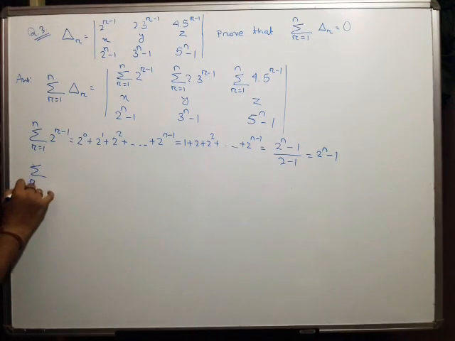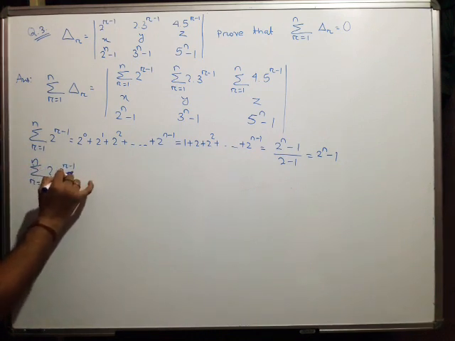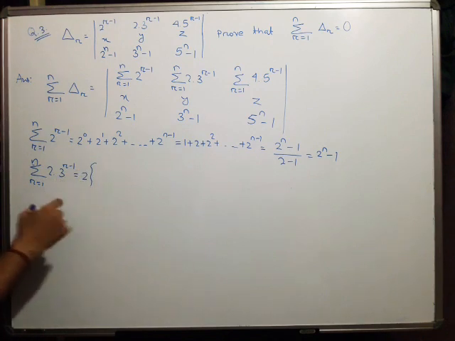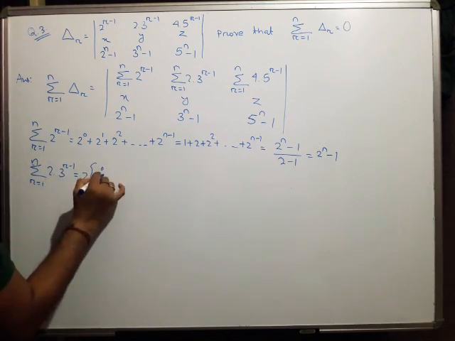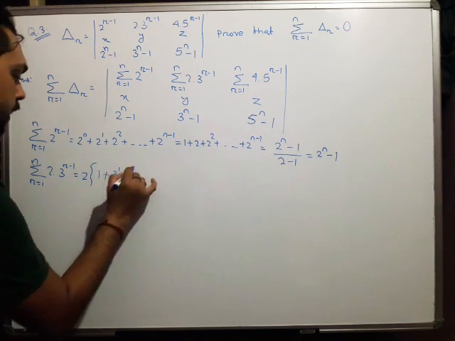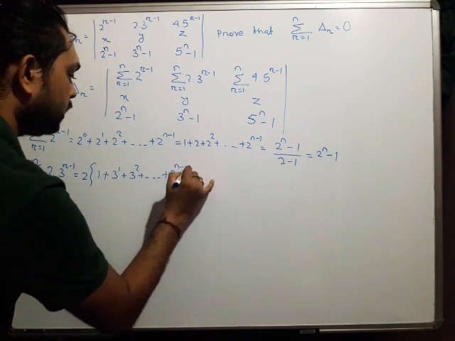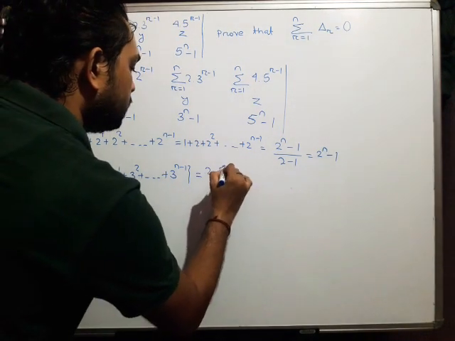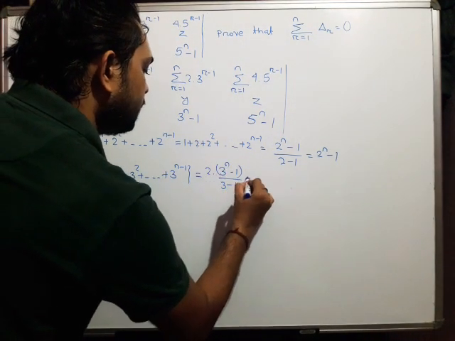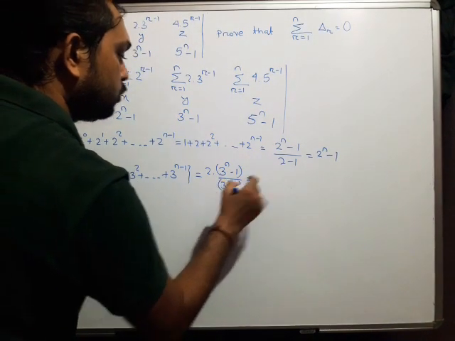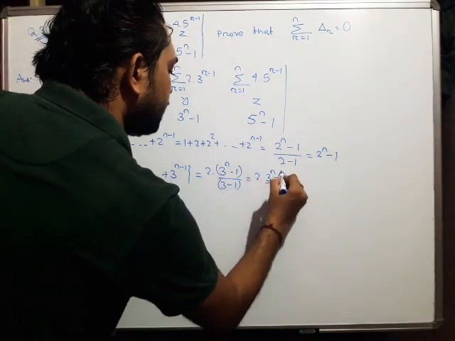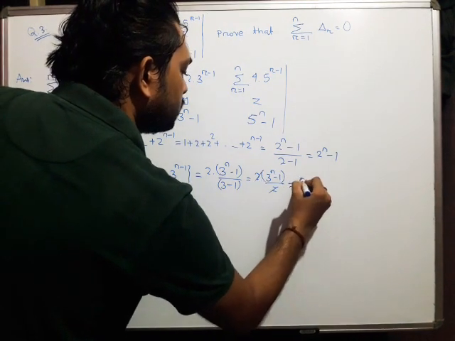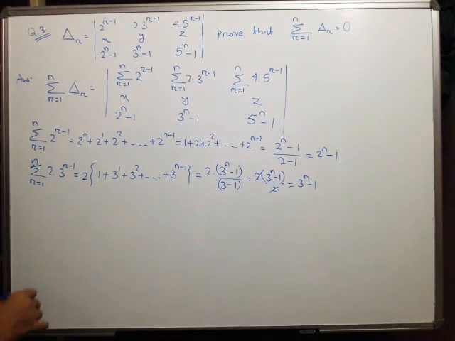Next is summation of r equals 1 to n of 2 times 3 to the power r minus 1. 2 is a constant, it gets outside. Now if we put r equals 1, this is 3 to the power 0, or we can write this as 1. Next 3 to the power 1, 3 to the power 2, and so on, up to 3 to the power n minus 1. So again this is in geometric progression. The sum will be 2 times 3 to the power n minus 1 by 3 minus 1. So 3 minus 1 is equal to 2, giving 2 times 3 to the power n minus 1 by 2. 2 gets cancelled. Now this will be equal to 3 to the power n minus 1.